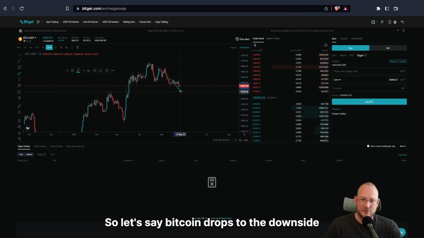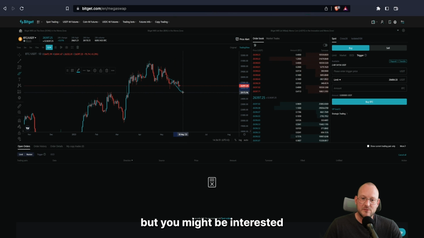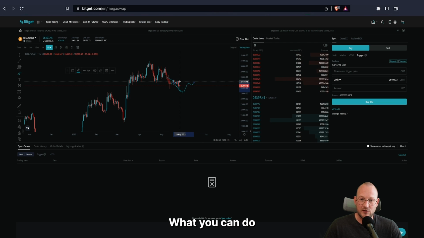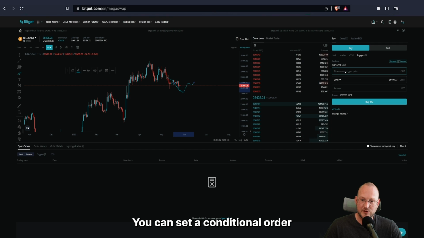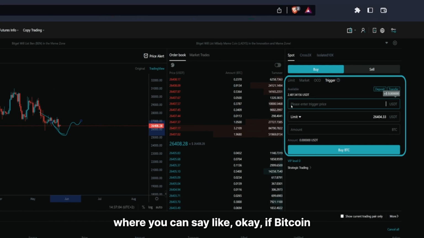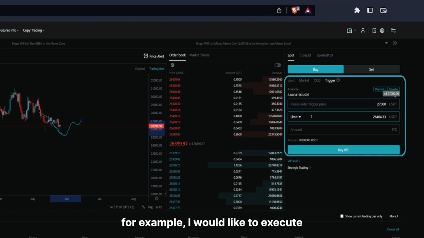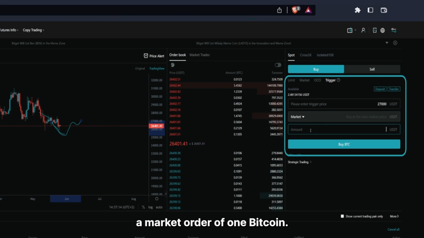So let's say Bitcoin drops to the downside, but you might be interested if it actually manages to reclaim a level, for example. What you can do is set a conditional order where you can say, okay, if Bitcoin reclaims $27,000, for example, I would like to execute a market order of